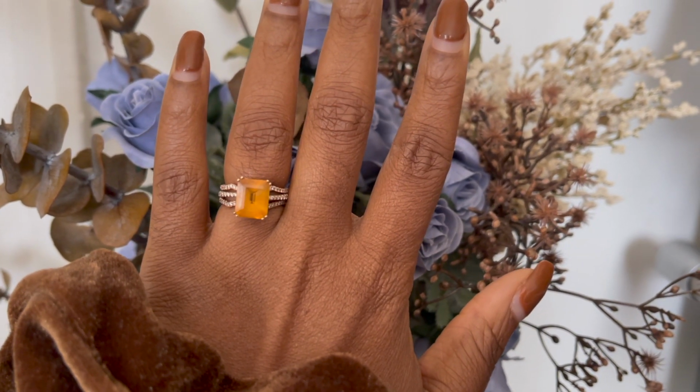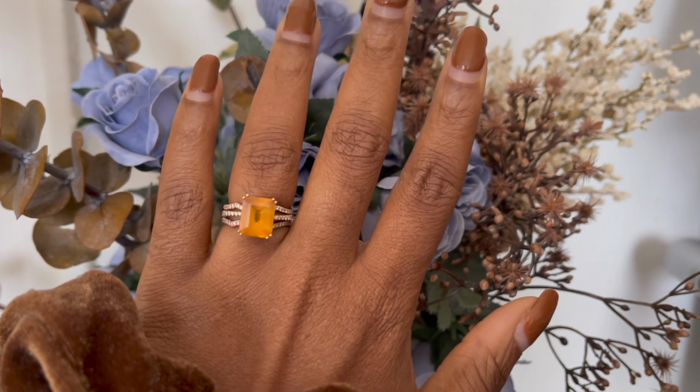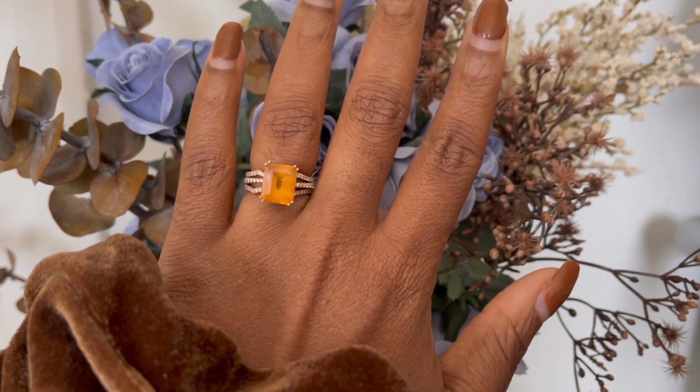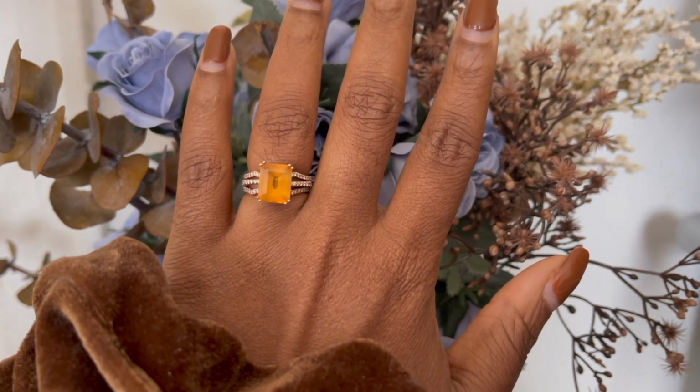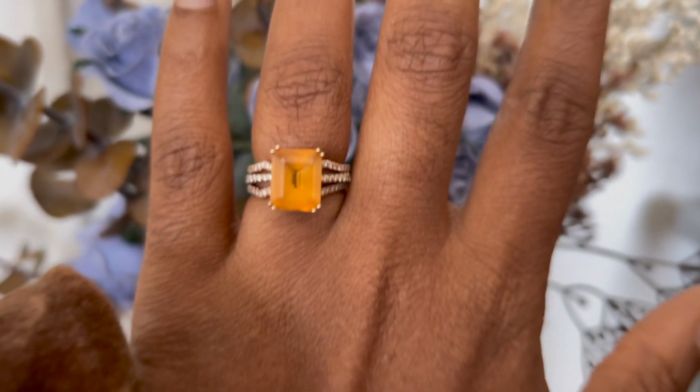Hi guys, today I'm going to show you how to clean your ring. I love colored rings, so this is my third ring. It's a citrine stone. It is extremely cloudy, and today I'm just going to show you how I clean it,